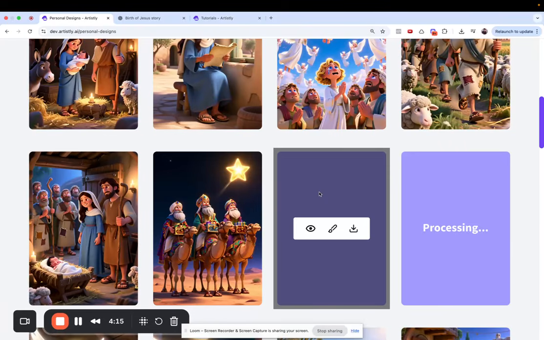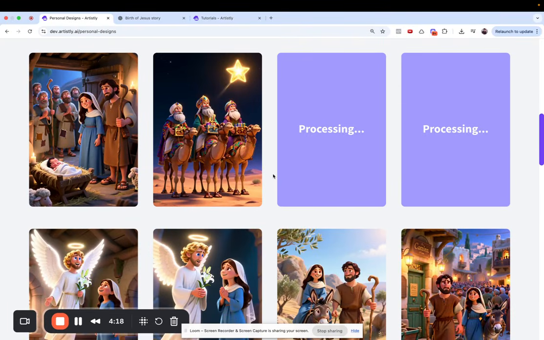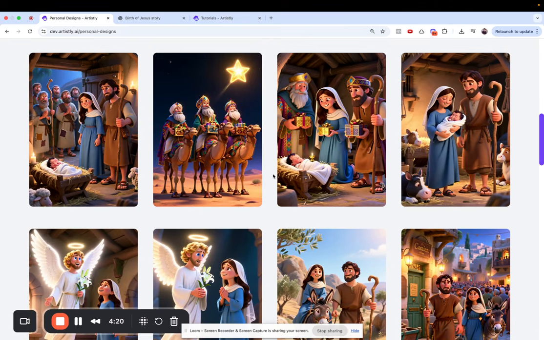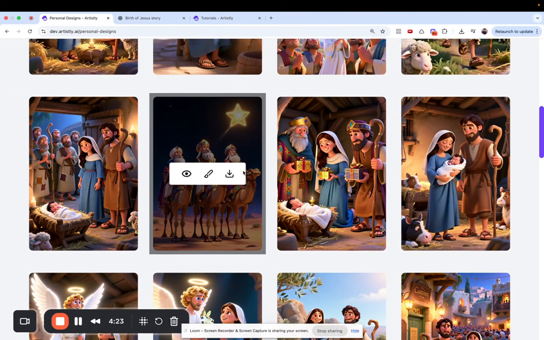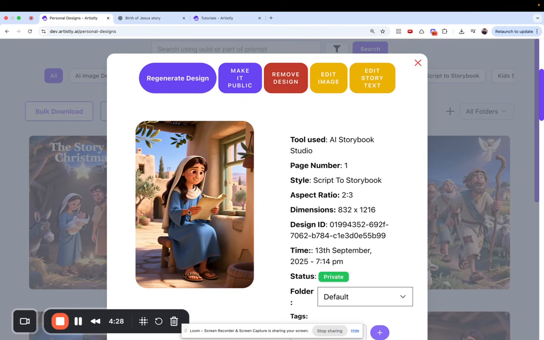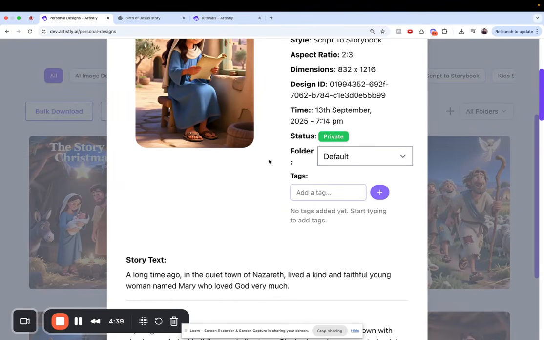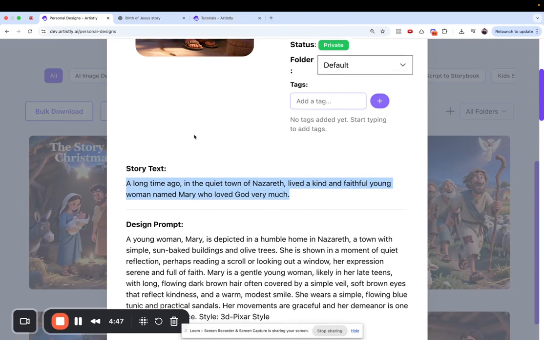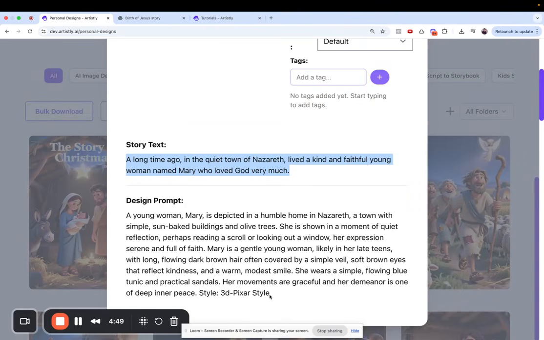Now you might say, okay, Yash, this is absolutely amazing. Now how do I convert it into a flip book? Well, what you've got to do is first of all click on each image, and it will show you, number one, which page this illustration belongs to. Number two, it will tell you what paragraph or sentence this illustration belongs to. Number three, it will tell you a detailed prompt that is basically used to generate this image,